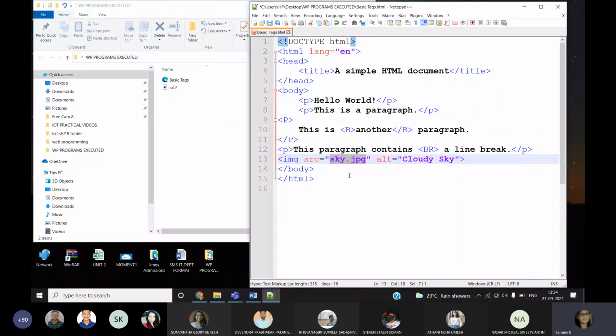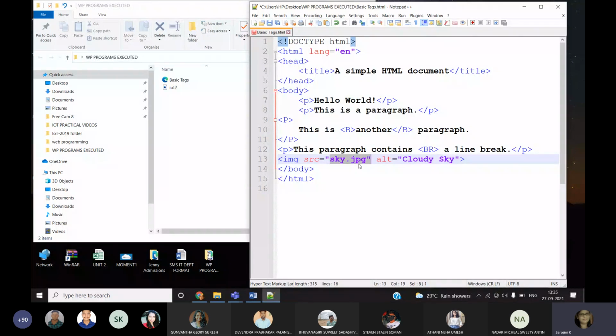Now in this program, what you are seeing is the relative path of the file, because this does not have the entire path of the file. Just by seeing this, can you say where exactly sky.jpg is stored? No. It could be stored in the D drive, on the desktop, or within any other folder. I don't have any clue where I saved it, but I know only the file name sky.jpg. This is called giving the relative path of the file.